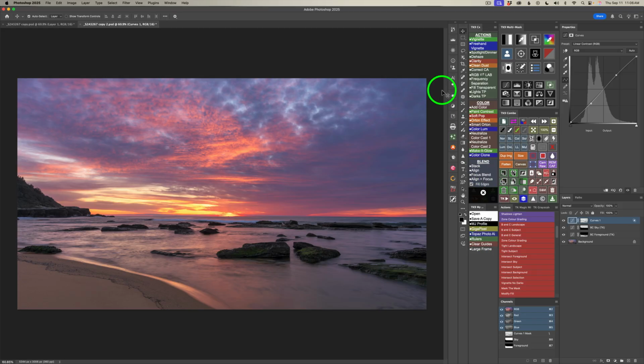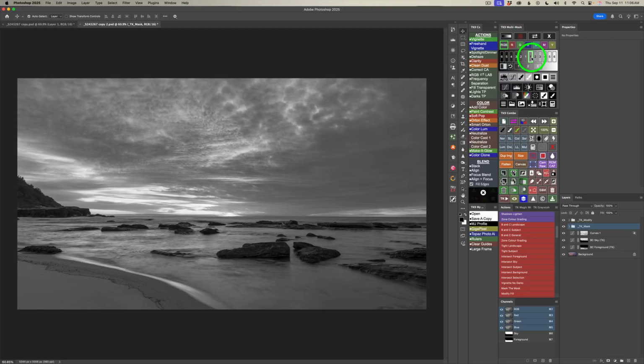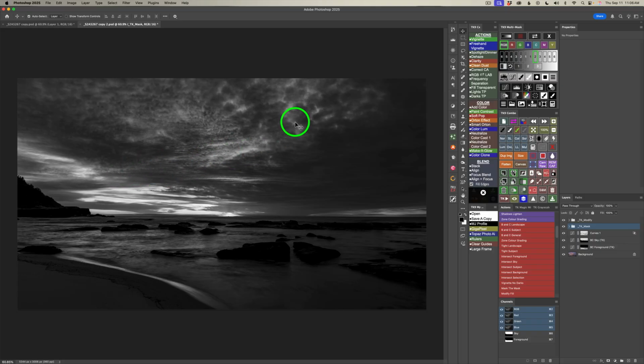So come up to the multi-mask panel, click the Luminosity mask button, and I'm looking for light tones. Right now we're seeing Lights 1. Let's go to Lights 2. I think Lights 2 really targets the areas. All the light areas in here are sitting in that Lights 2 area, and that's the areas I want to target. But I only want this to happen in the sky, so what we're going to do is click on